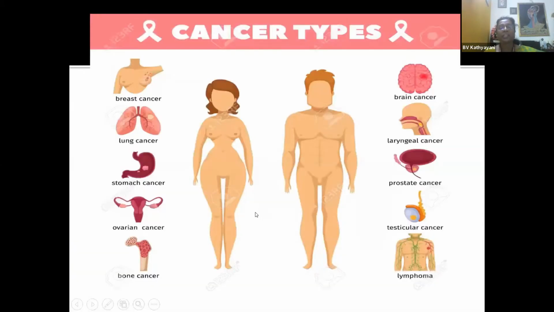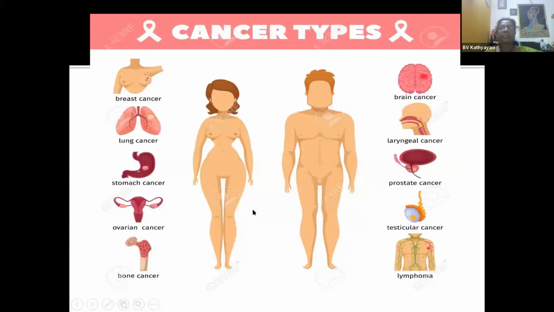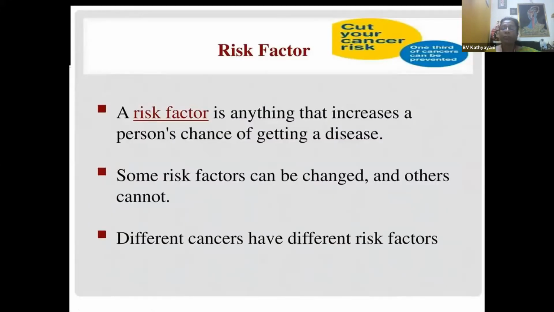What actually happens in cancer, the risk factors, and how we can prevent it. I think he has already given the major cancer types, and the percentages and statistics he has well explained. Even the top 5 cancers of men and women he has explained. And we have to know certain real facts regarding risk factors when we are